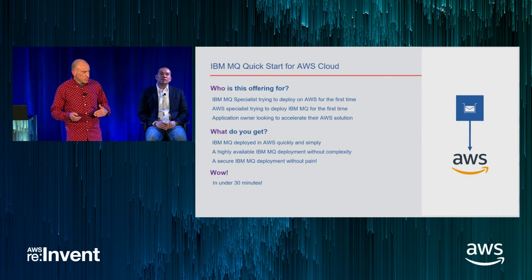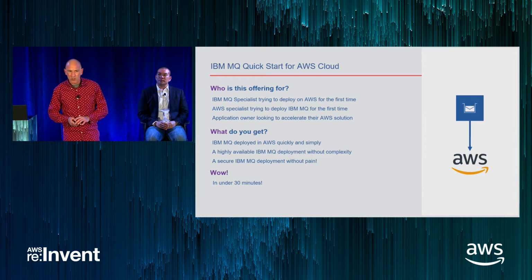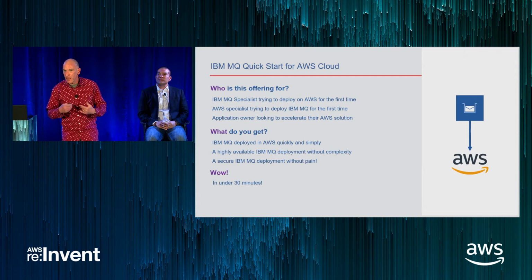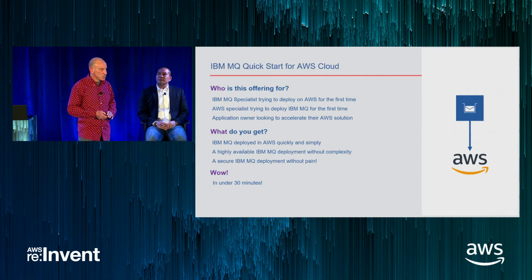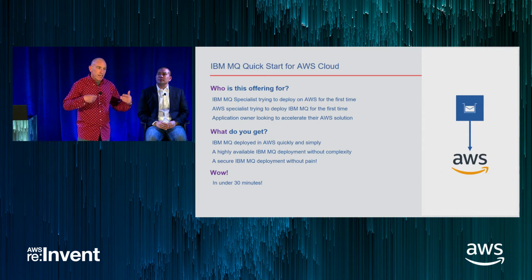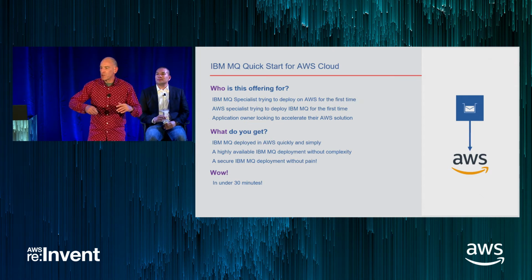Built on top of that, we decided to come up with a quick start. Some of you will be familiar with the Amazon quick starts. We engaged and partnered with AWS to help put one of these together for the first time. We were actually the first IBM product to do this, so it's groundbreaking for us and really fun working with the AWS team. We came up with, this is our design thinking. If you've heard of IBM design thinking, we talk about hills. We deliver hills.